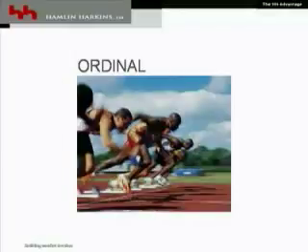Ordinal is the next level of increased value for scaling. It gives you order. It can tell you what came in first, what came in second, what came in third. Now, there are limitations with an ordinal scale, and one of my colleagues likes to describe those limitations on the basis of his first mile race that he ran in Bedford, Massachusetts on May 6, 1954. He ran it in 5 minutes and 11 seconds, which was at the time a pretty good feat, although it's no mean feat today compared to what most people do. In fact, the Boston Marathon, most people run every mile of it faster than that.